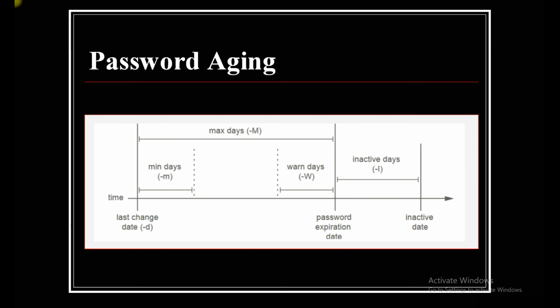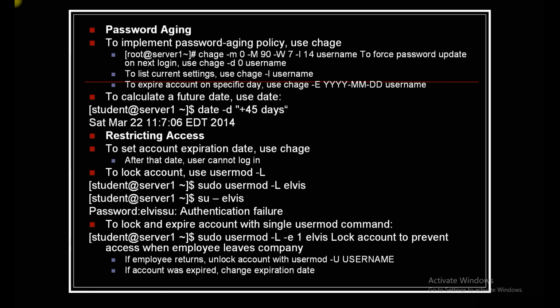Okay, and this is the password field. If there is an exclamation sign in front of this field, that means your account or your password is locked. If it is locked, you can unlock it. Last password change date means when you changed your last password. It may be yesterday or the day before yesterday, or the moment you change your password, the date will come based on the password change date. So guys, hope this is very, very important.